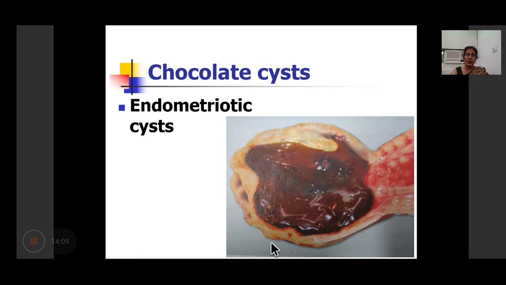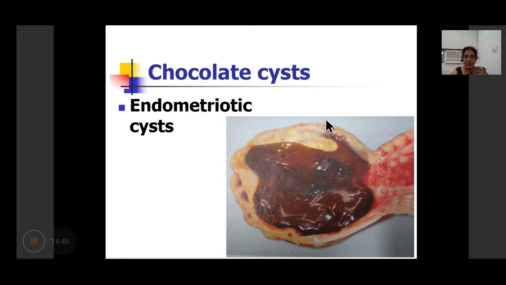So we know that endometriosis can also present as a cyst in the ovary, which we have discussed last time as an endometriotic cyst or a chocolate cyst. The color of the altered blood which is present in this cystic structure resembles the brown color of chocolate, hence the name chocolate cyst, right? So when we do a biopsy of this, we will get endometrial stroma, endometrial glands, and the hemoglobin converted into hemosiderin, so there will be hemosiderin deposits. So 2 out of these 3 when present, we call it an endometriotic cyst.